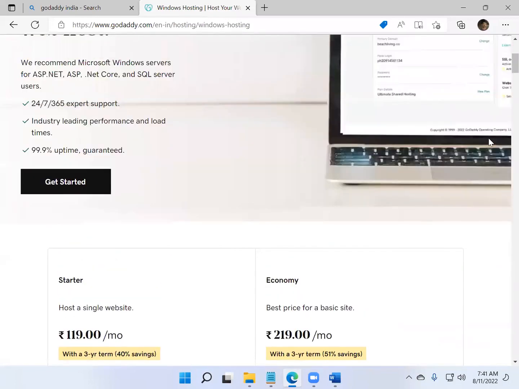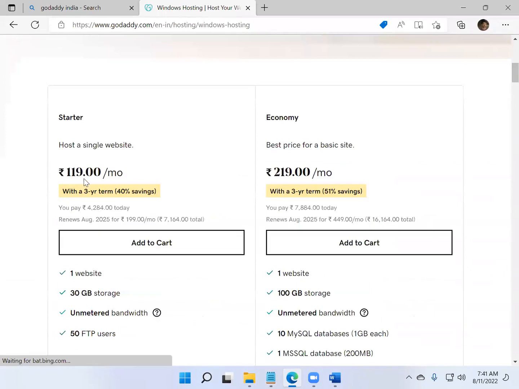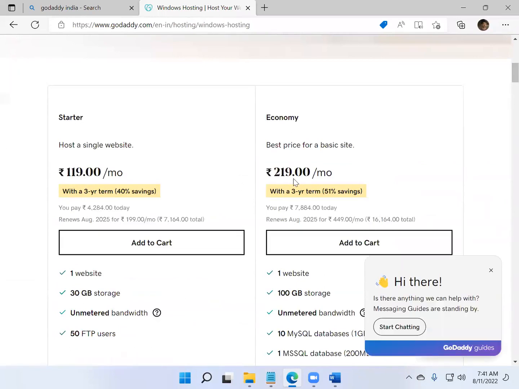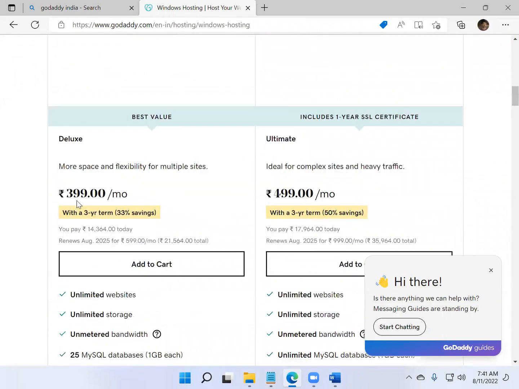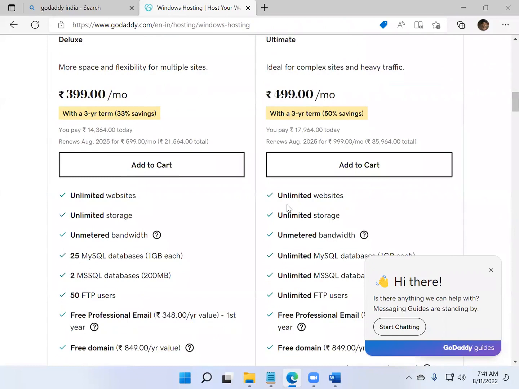Here we saw: Starter plan, 119 rupees per month. Economy plan, 219 rupees per month. Deluxe, 399. Ultimate, 499, around 500 rupees per month, guys.